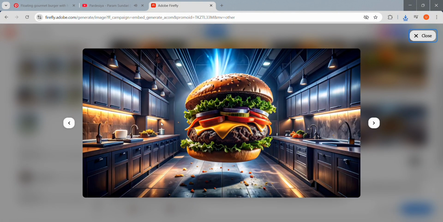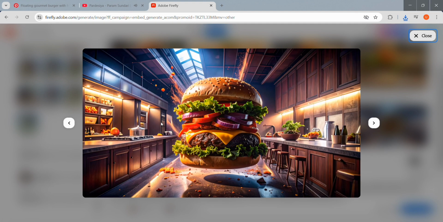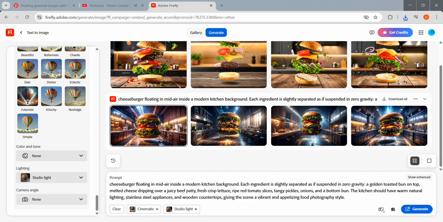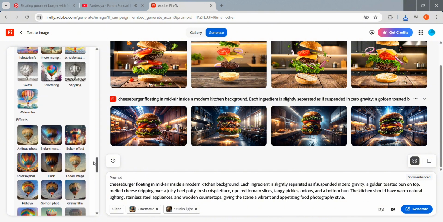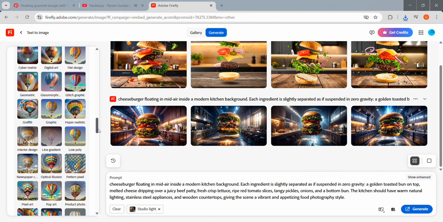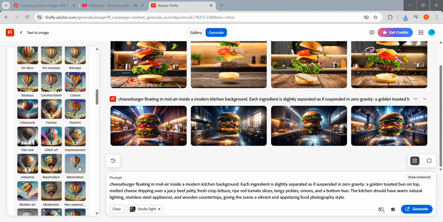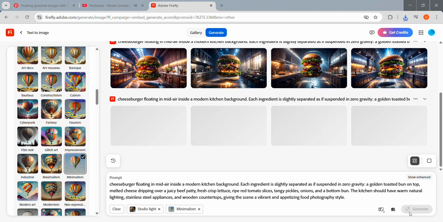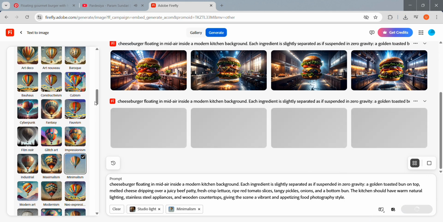I'm not gonna use this one. Definitely not. So I'm gonna keep trying more. Okay, the first one I've already liked, but I still wish to do more experiments with their settings and find out the best one.